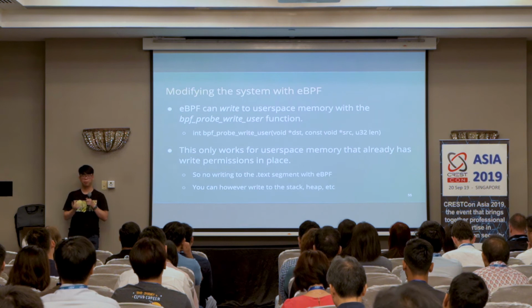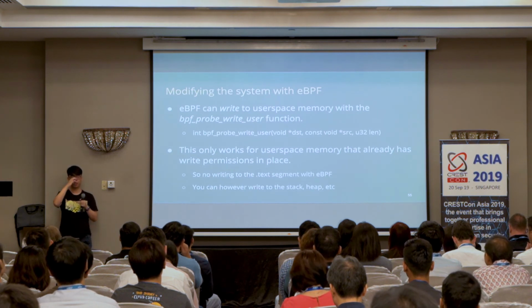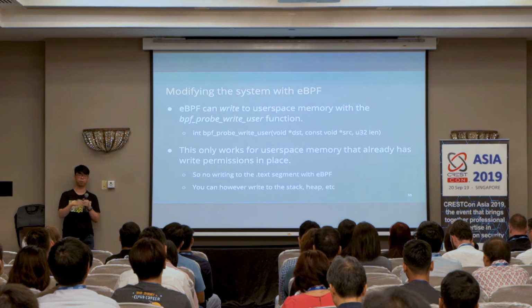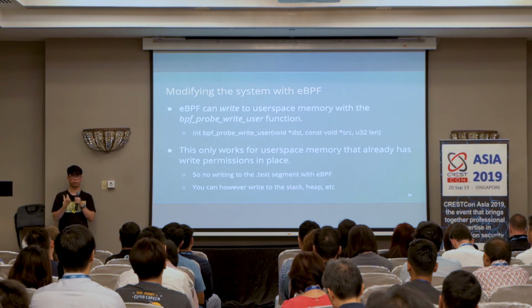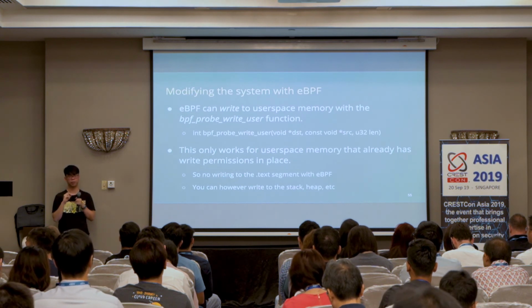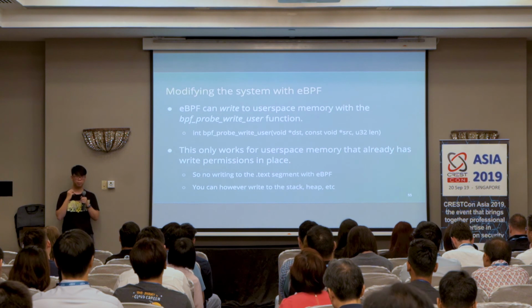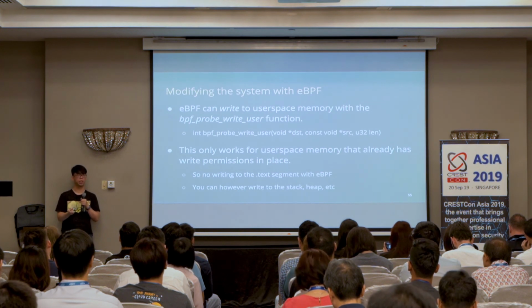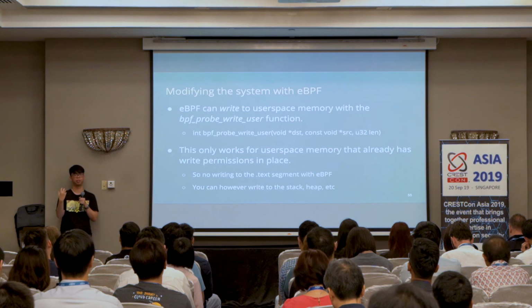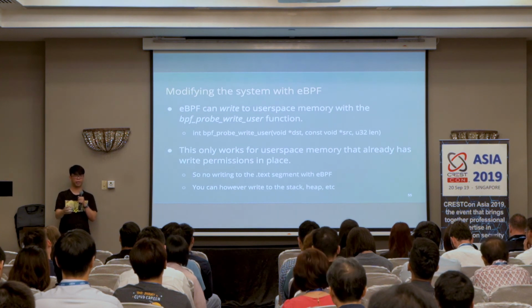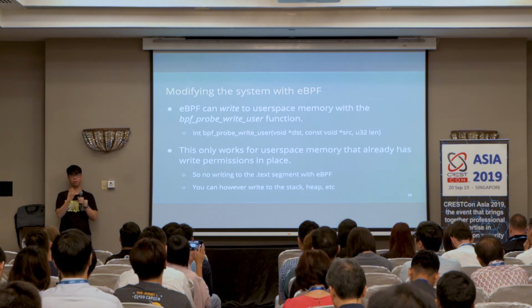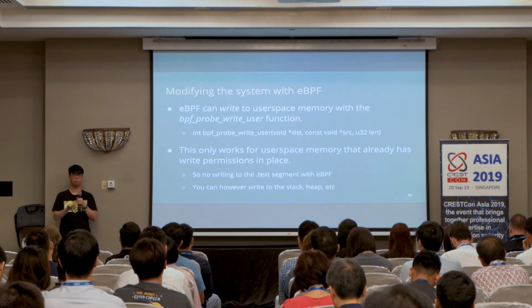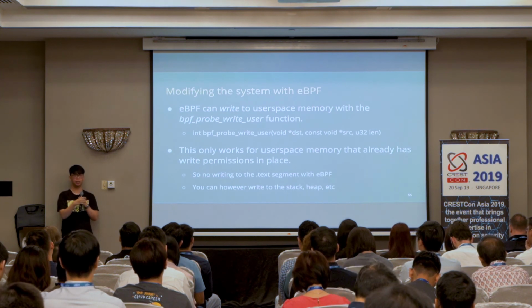The final interesting capability that you can do with eBPF is that you can actually modify user space memory from the kernel. This is done through the bpf_probe_write_user function, which has a signature that's very similar to memcpy. There's a limitation: you cannot write to memory that is not writable. So for example, you cannot simply overwrite the text segment of a process. However, you can write to stack memory and you can write to heap memory. If any of you have done exploit development before, you know that this is essentially enough to get arbitrary code execution because you can do a ROP chain.